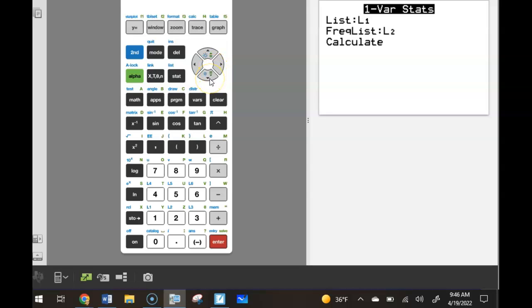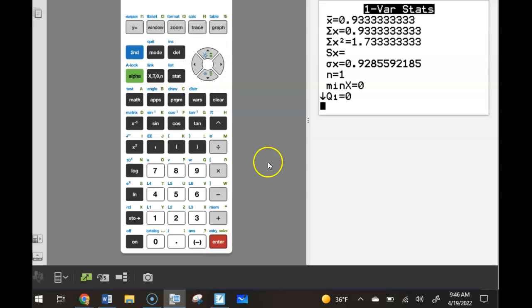All right, then we're going to go to Stat, right arrow, 1 variable stats, but we want it to say list 1, and then for the frequency list, list 2, which is second 2. To put that number there, the L2, see the blue above the 2. If you have an older calculator, you would just type list 1, comma, list 2, okay? And the comma is above the 7. And then we're going to calculate, and we want to see this mean, which is